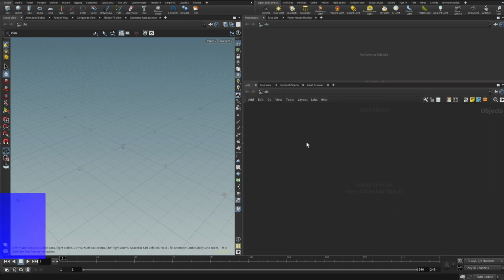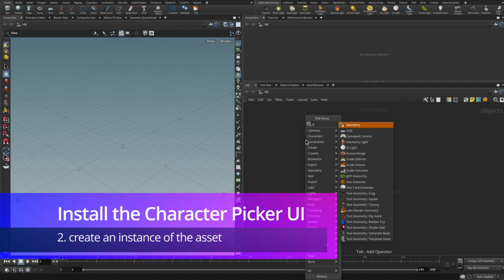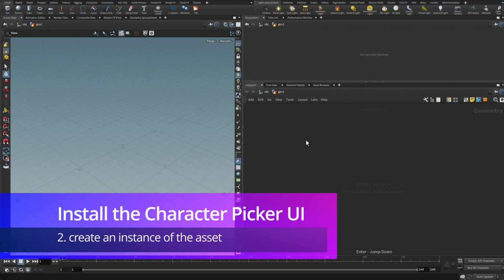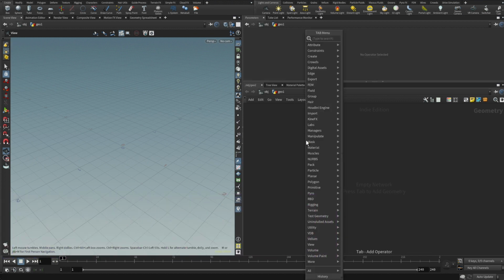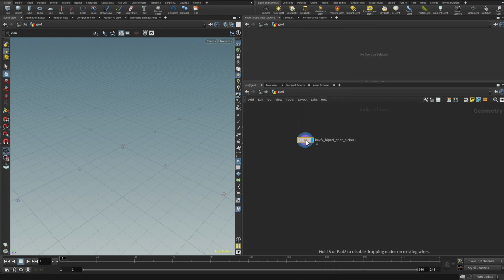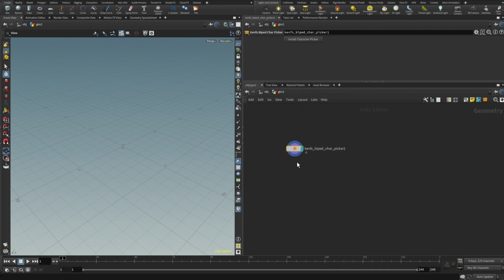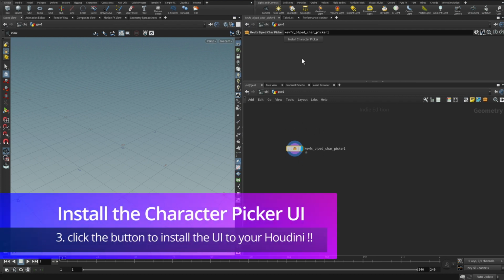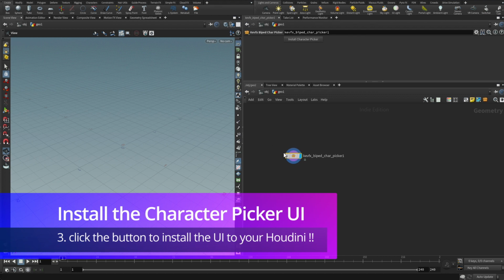Right, after you install, let's create a geometry node and go inside the geometry node and drop Kevfx Biped Character Picker. Alright, then on this node, you only have one button here to install this character picker. Okay, so basically now this is an asset, but after you install some files,